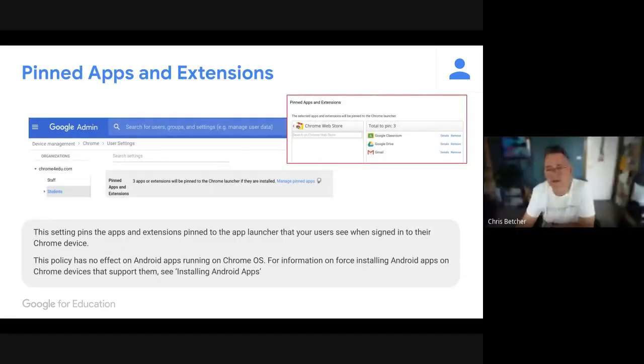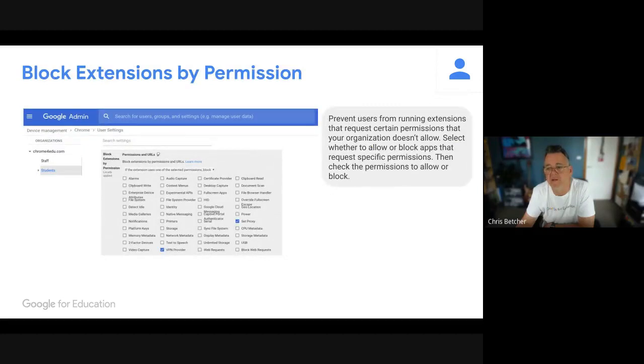Hey, Rich, can you just go back to that slide for one sec? I just want to point something out, going back to the question that Raul asked before. You can see those settings there for turning things on and off and the permissions. If you look to the left of that, you'll see staff and students on the left. You can see students is highlighted in blue. So these settings in this screenshot are things that are being applied just to students. It would be a completely different set of settings if you wanted them applied to staff. So I just wanted to point out how that worked.